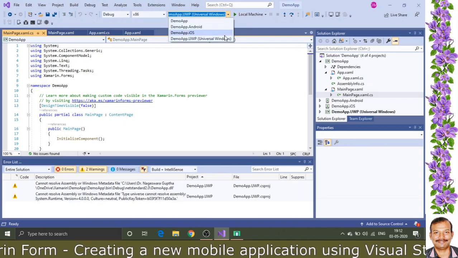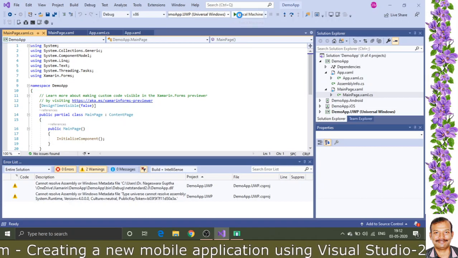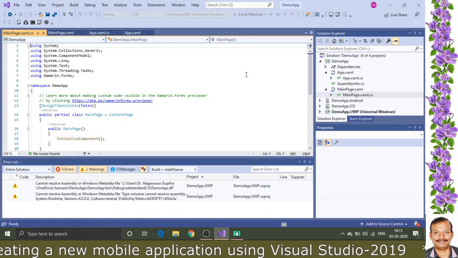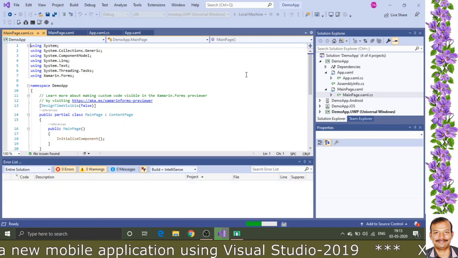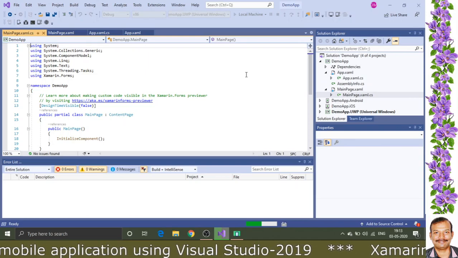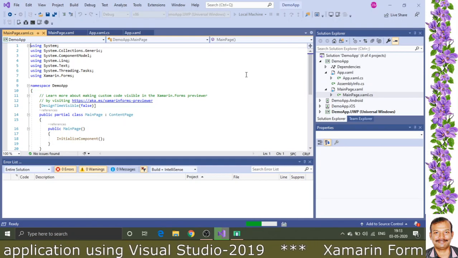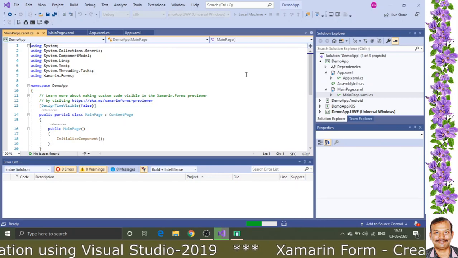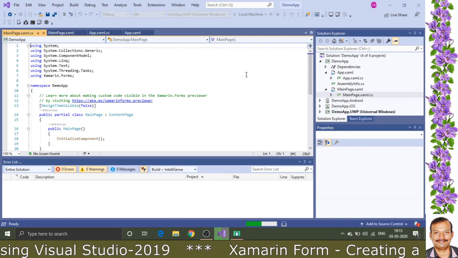So initially I am going with Universal Windows Platform, and it will say I am running in local machine. You can run it directly. Run this particular application, you will be getting an output. So generally it will be taking 2 to 3 minutes based on your RAM capacity. If your RAM capacity is very good, then you can get the output at fast pace. And similarly, I will be showing the output in the same system for Android based phone output, but I have installed Android emulator and it will be using the recent SDK and API associated with that.